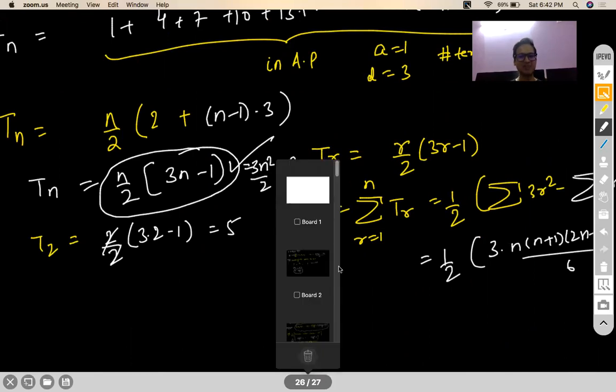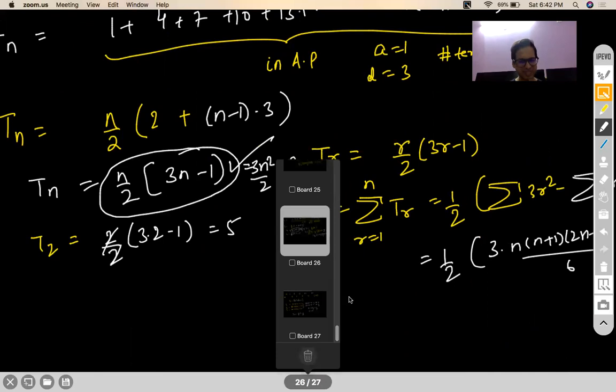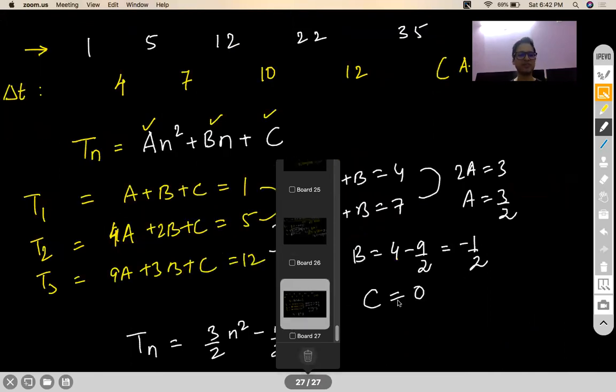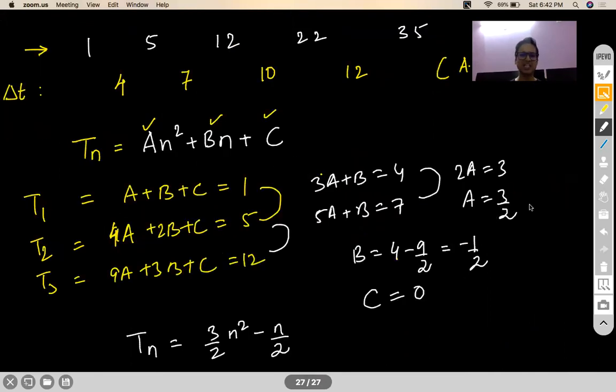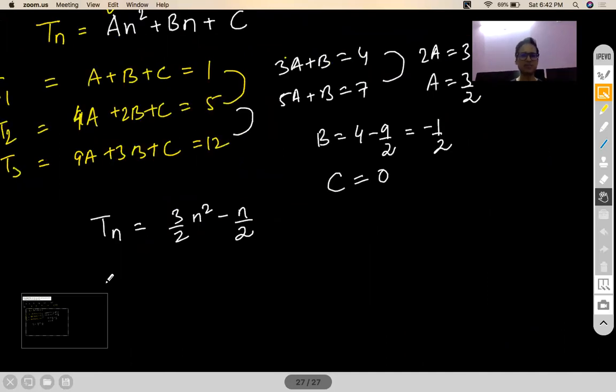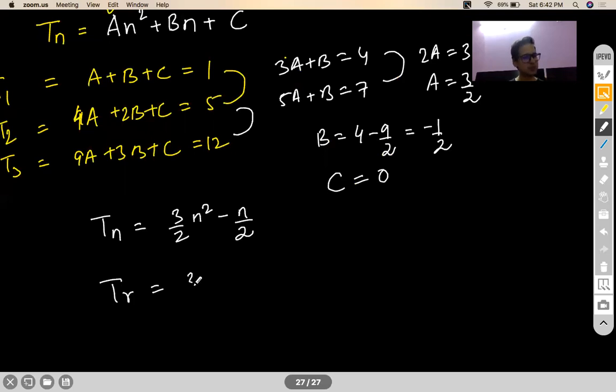So this method is a much faster way to solve the question. And I'll show you another method also, which is even faster than this, right? So once you've found out your nth term, I'm sure you can find out your rth term also. And once you have found out your rth term, who can stop you from applying the sigma method of summation, which again, I'm not going to do.